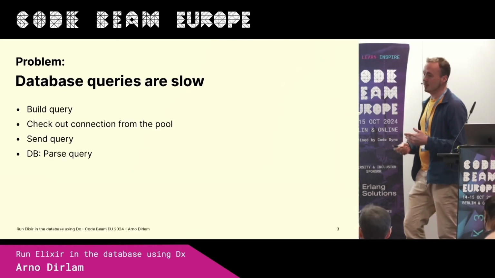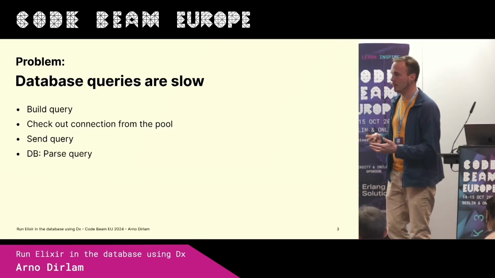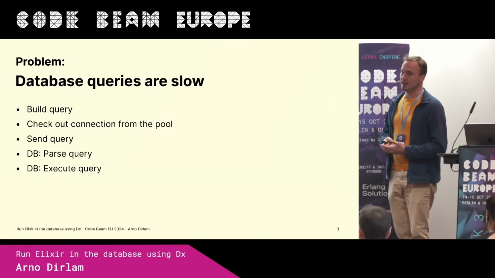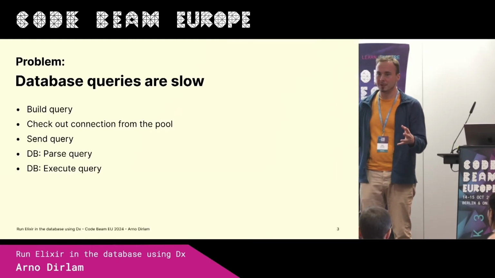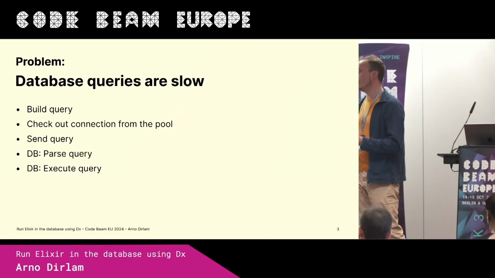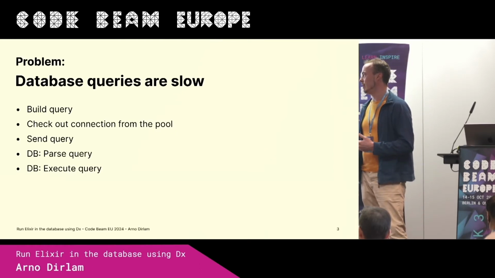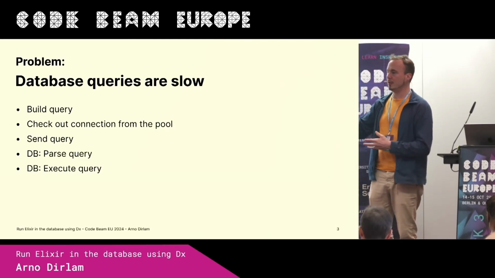Then the database needs to parse the query. Of course, that can be cached sometimes, but that's one step that needs to happen. The database needs to execute the query, which actually is oversimplified because it makes one or multiple query plans according to statistics and more, and then chooses one of them, runs the individual steps in order to come up with